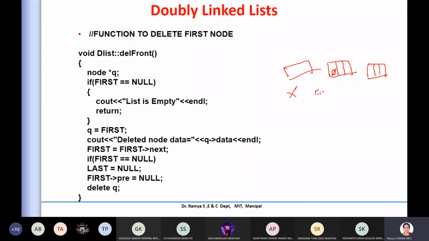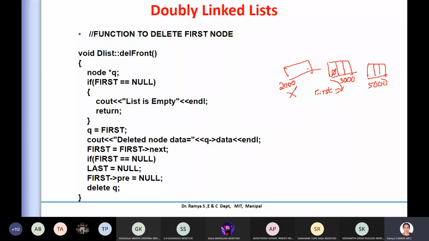Say this is 3000 and this is 5000 for me. Initially you have first as 2000, but now I have to reassign this as first, and I have to put null here, which was previously holding the address of the first node.